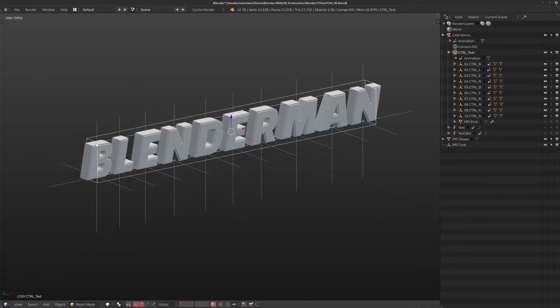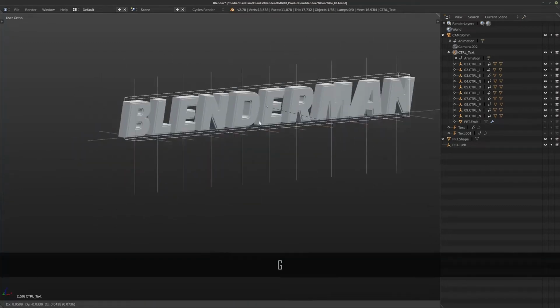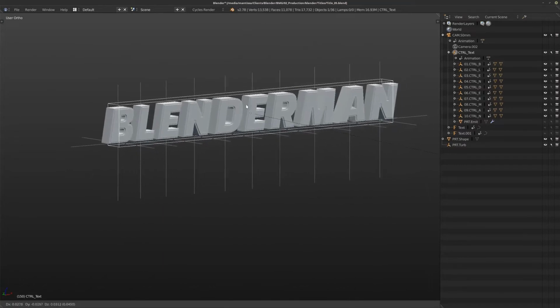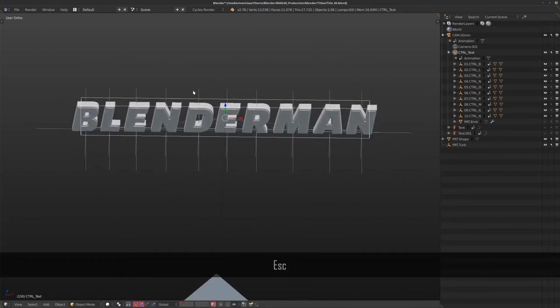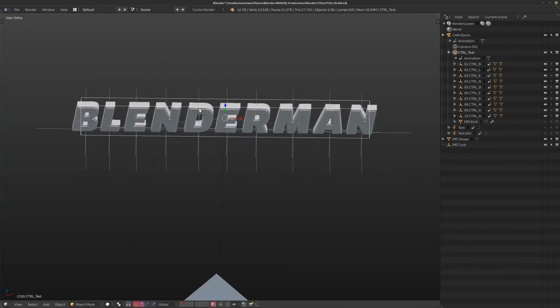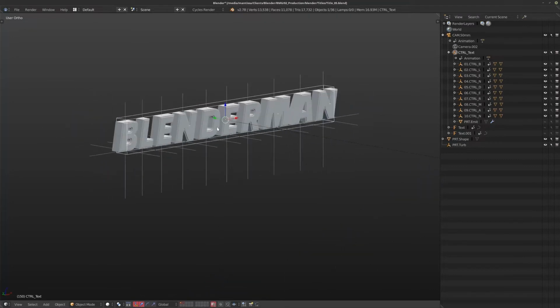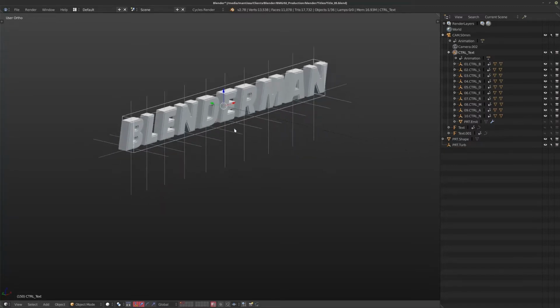I have this little control object. It's just an empty box, empty. But if I move this around, you can see everything is linked to that. So that way I have all of my letters and everything linked to one object, so I can easily move it around. If I want to push it back into Y space and have it a little further or closer from the camera, I can do that very quickly.